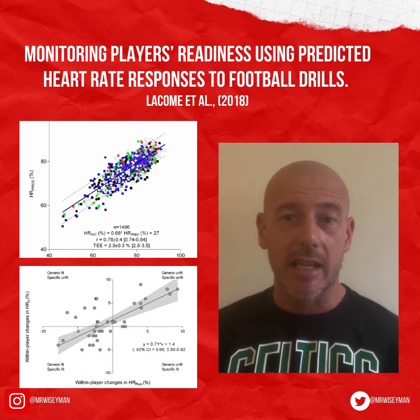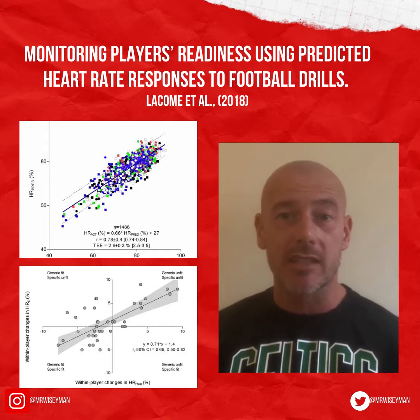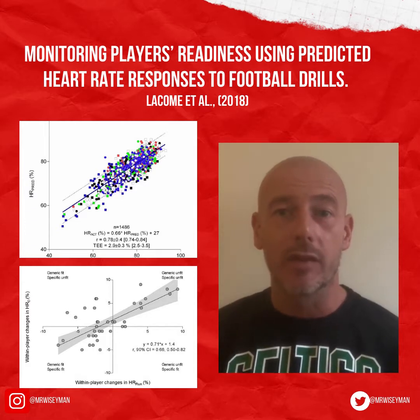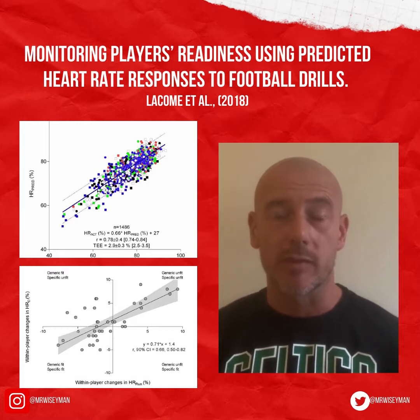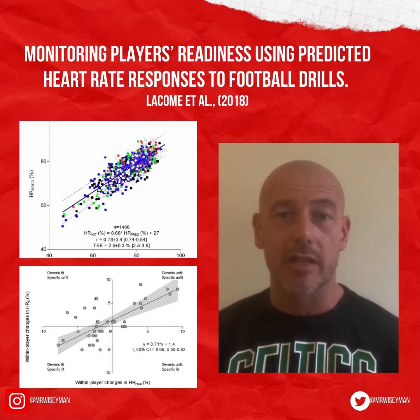Through some equations, each of the actual heart rate responses to each small-sided game was compared with the predicted heart rate and expressed as a percentage. Therefore, the higher the difference in the change, the lower the fitness of the players, or a lower fitness than usual has been observed. In this paper, the authors reported that predicted heart rates from GPS variables during small-sided games